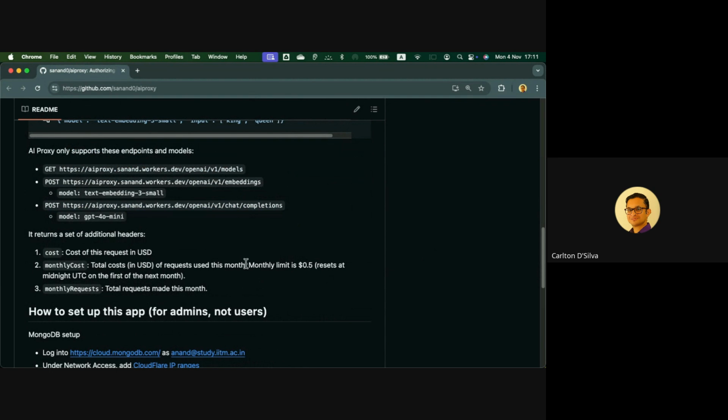As you can see here, they've given you a monthly limit of 50 cents. It doesn't sound like a lot. In fact, last term it was set at $1, and hardly any of it was used up by students. You'll see in a little bit why that is.